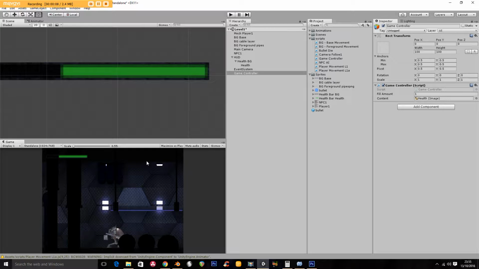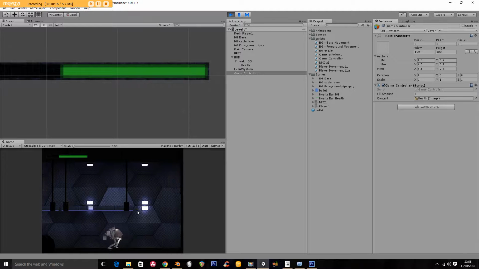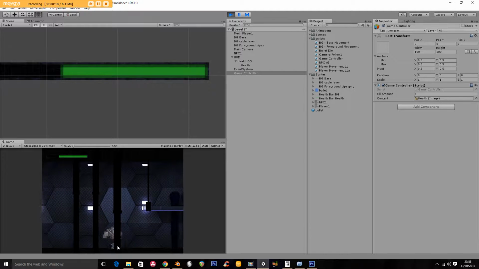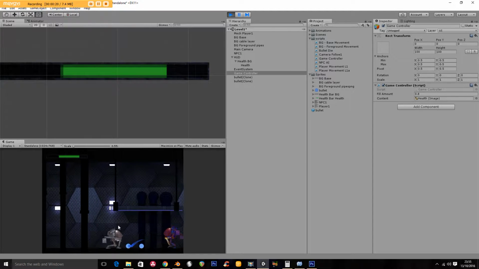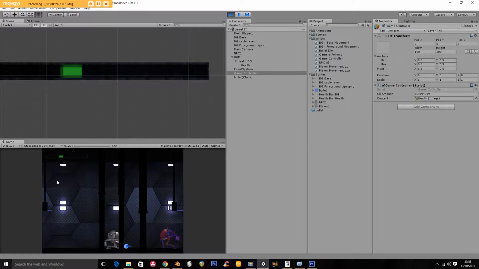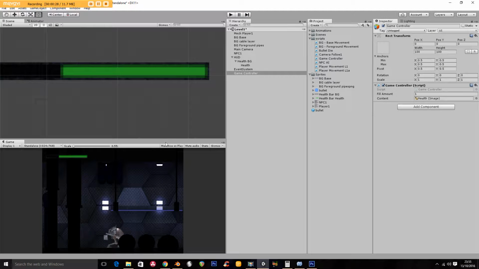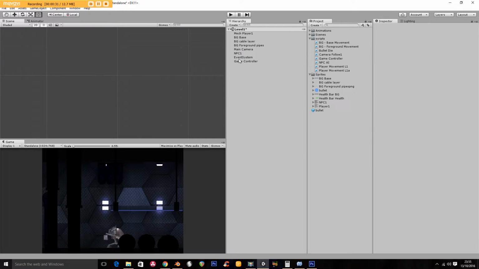We're going to be building on the game we made, or parts of the game we made earlier in the week and over the last couple of weeks. So I have my player character here walking along. I get shot. When the bullets hit me, the health bar diminishes, and then we can lose the game if we so desire. So what I'm going to do is delete the components that we didn't have